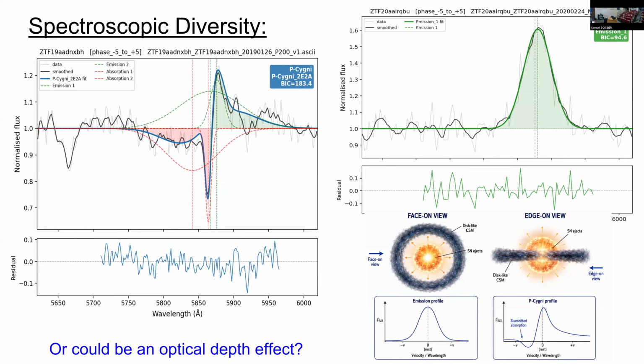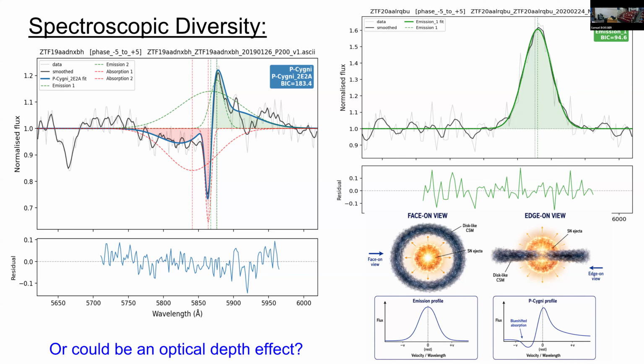Now, we also tried to do the spectroscopic analysis of this group of supernovae. As you see here, the spectra typically consist of narrow helium lines. The narrow helium lines have two classes. Some of them show a narrow P Cygni kind of structure, while some of them show a narrow emission kind of structure. Now, for analyzing this, what we did was fit a number of Gaussian and Lorentzian functions to